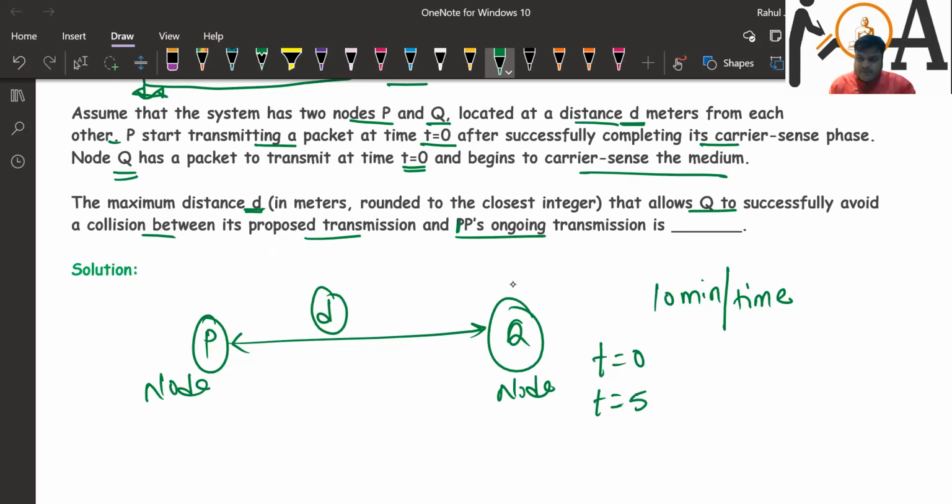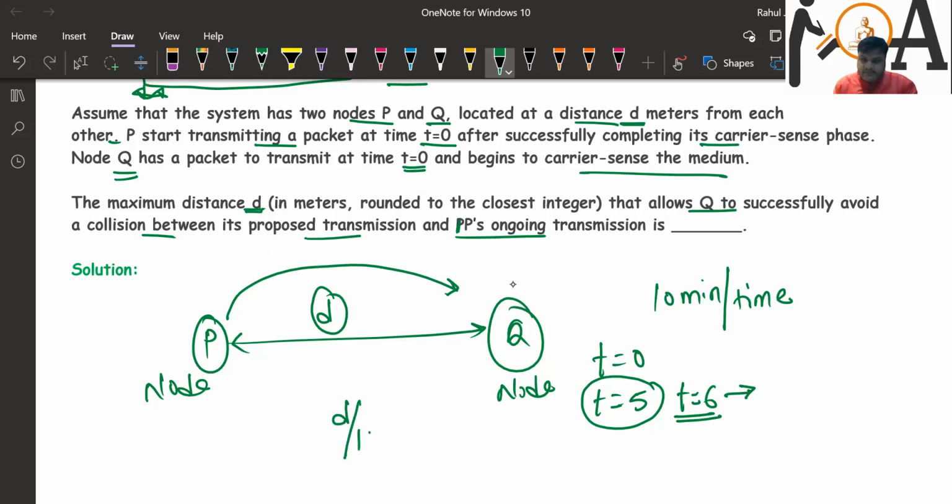If nothing is observed, at the next instant, that is t equals 6, it starts transmitting. So the goal is that before t equals 5, if our packet reaches from P to Q, it can avoid the collision. It simply means that d divided by 10